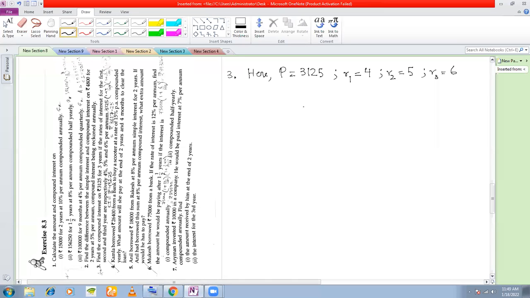Okay. Now, whenever the rates are different for different years, this is the formula for compound interest that you are going to apply. Amount after 3 years. Remember this formula. We worked out the same sum for 2 years with simple interest formula, if you remember, right? When the rates were different for 2 different years. This time 3 years are given and the rates are different for 3 different years. So amount at the end of 3 years.